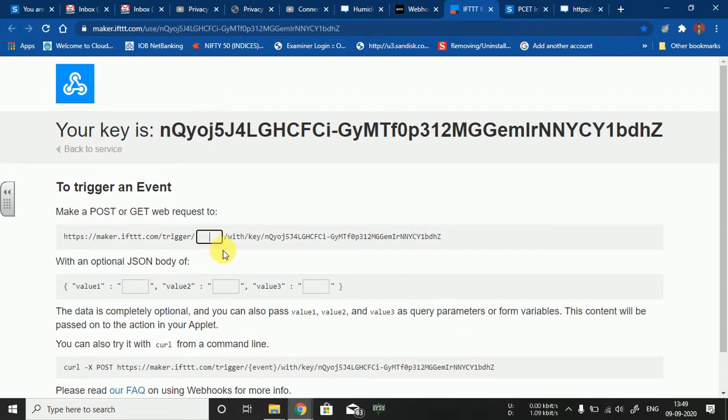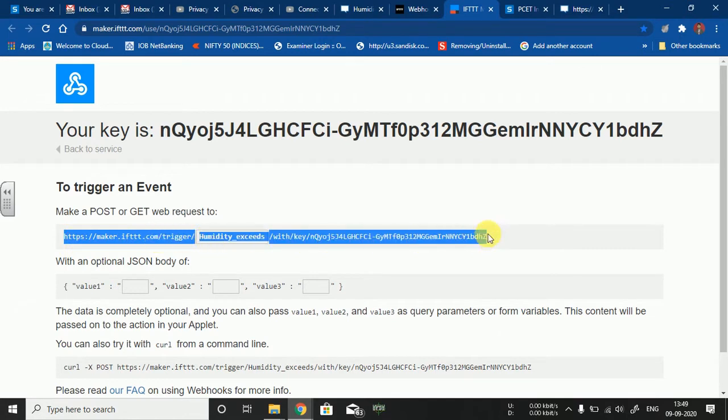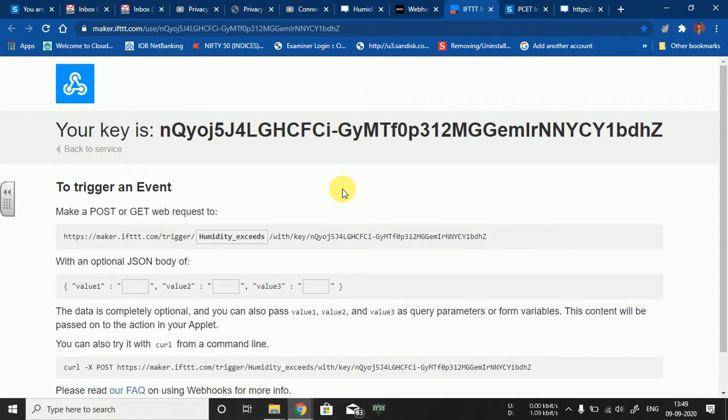Earlier I copied the name of our event, humidity exceeds, and as I mentioned, we used underscore. We cannot use spaces in the URL. So that is the triggering URL I am talking about, and I need this triggering event URL in your ThingSpeak.